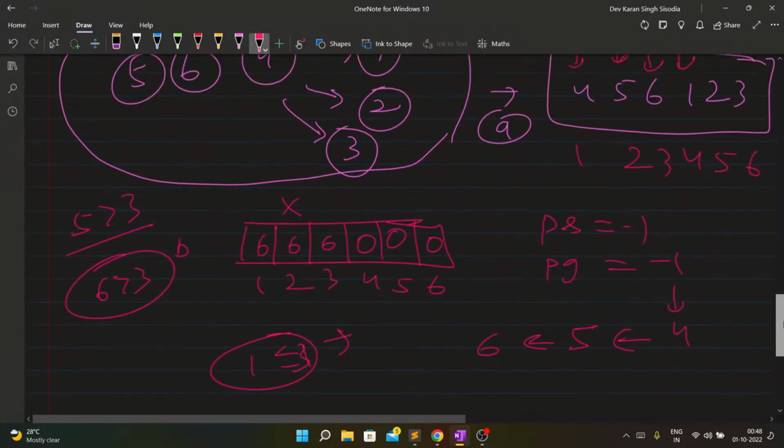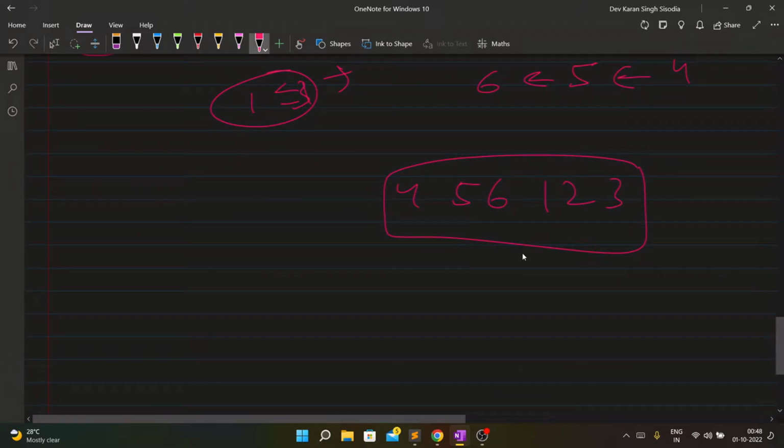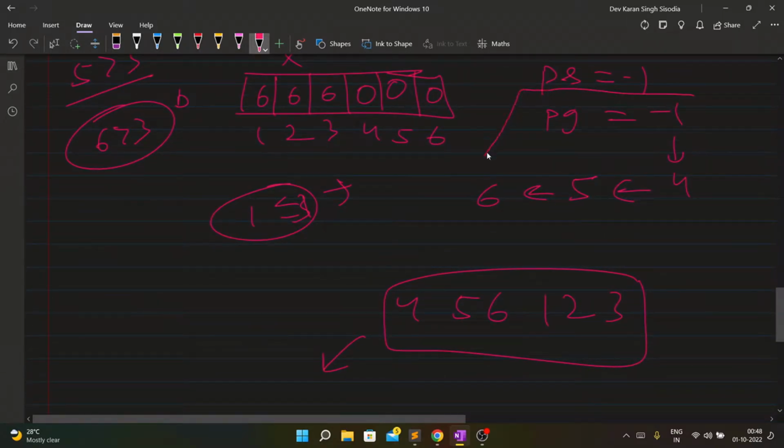So what is the problem? Let's think about it. What was our initial answer? This was the initial answer. The reason why I didn't strike these off is, what if my 4 wasn't updated over here and my 4 was updated over here?